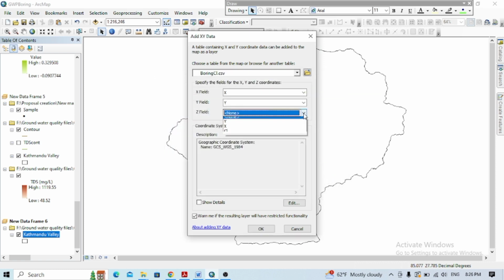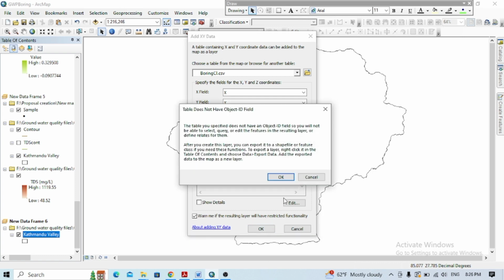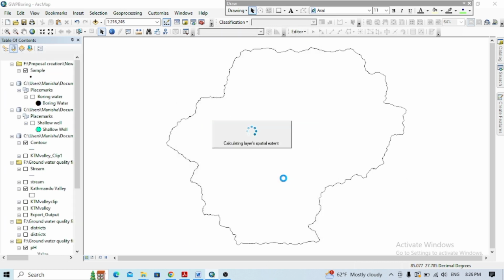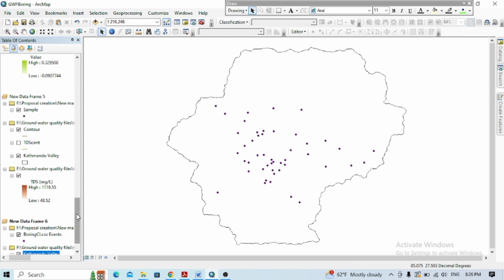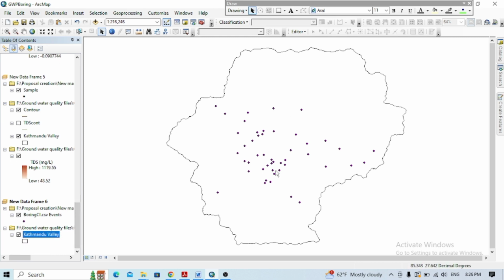So in Z field, you can put which parameter or which thing you want to vary in your location area, and please make sure to change the coordinate system of your location area. So this is already here, so I'm going to click OK. So these are the locations where I sampled